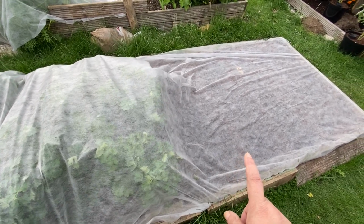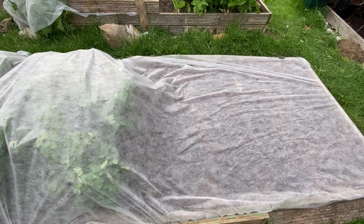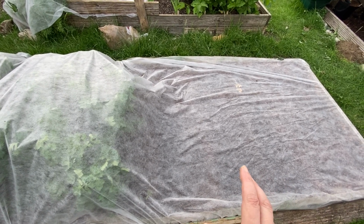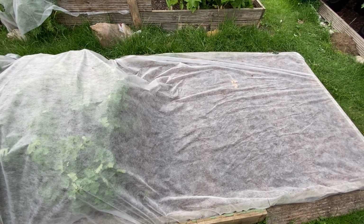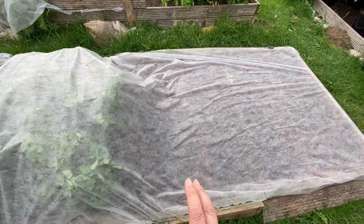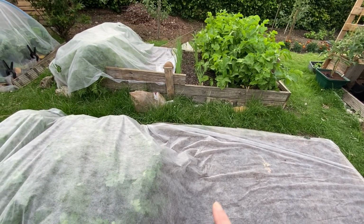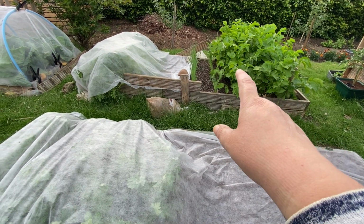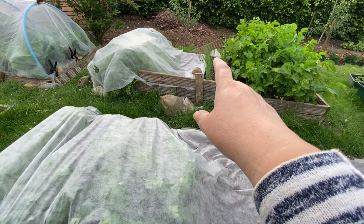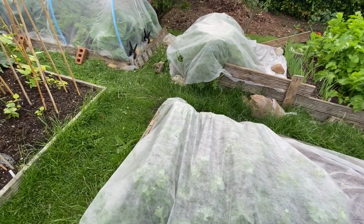And on this end of the bed I've sowed some more seeds for beetroot. Now unfortunately we have had tons of rain, so they may have got washed away or rotted, not sure, but I haven't even checked under there for those. On the bed over there we've got parsnips, we've got some leeks, and on this patch here, I'll just go round to that side,